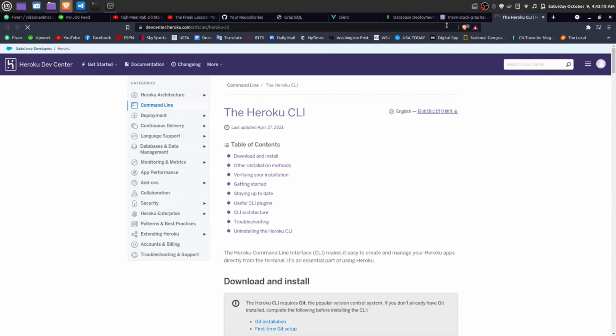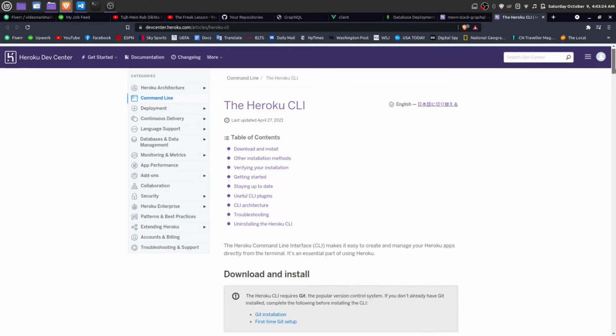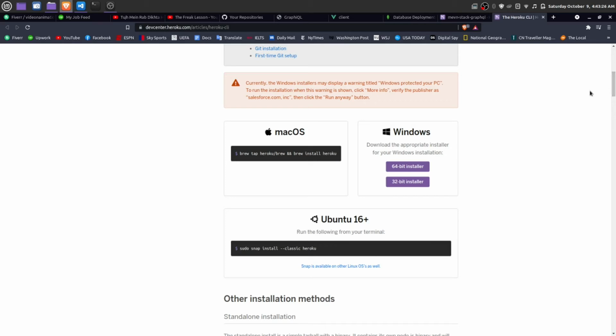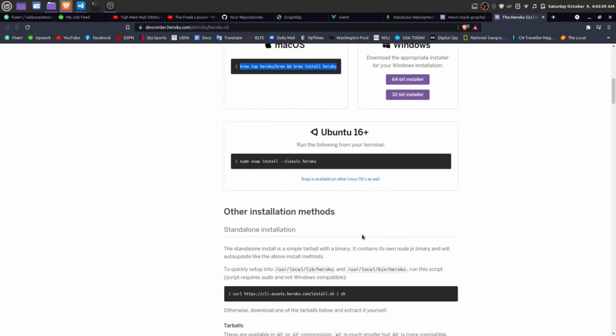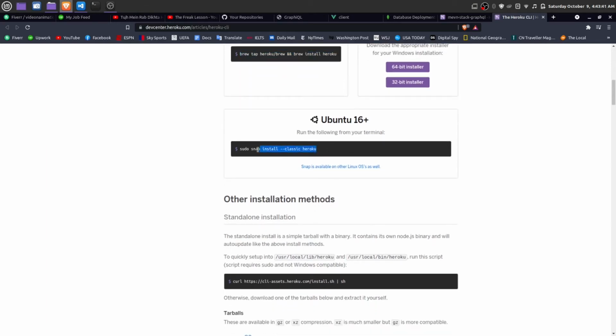Let me show you the process of installing Heroku CLI. If you are using macOS, then you have to use brew. If you are using Windows, then you can use the 64-bit or 32-bit installer. If you are using Ubuntu, then you have to install with this command.